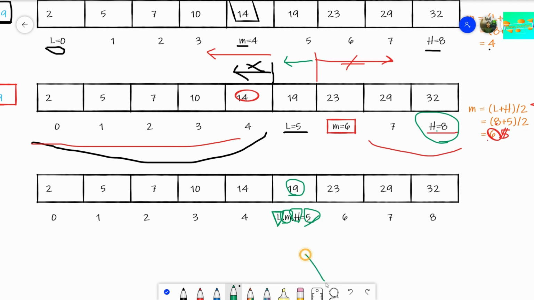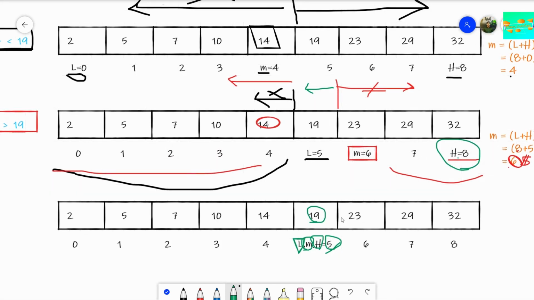Okay, what would have happened if we didn't find our element? Like if 19 was not our search, say our search was 15, what would have happened in that case? In that case, L was at 5, M was at 5, H was at 5.